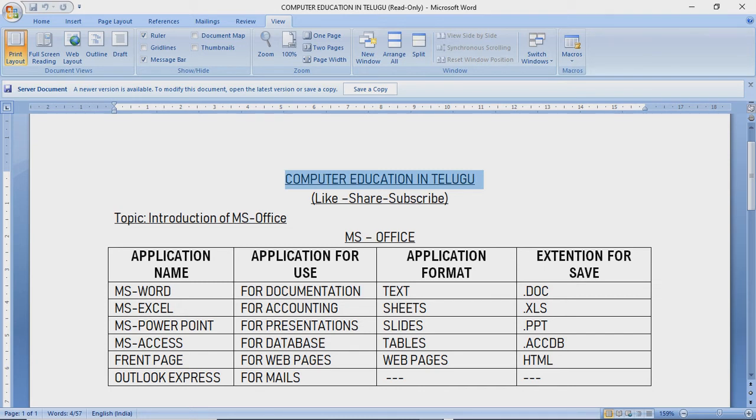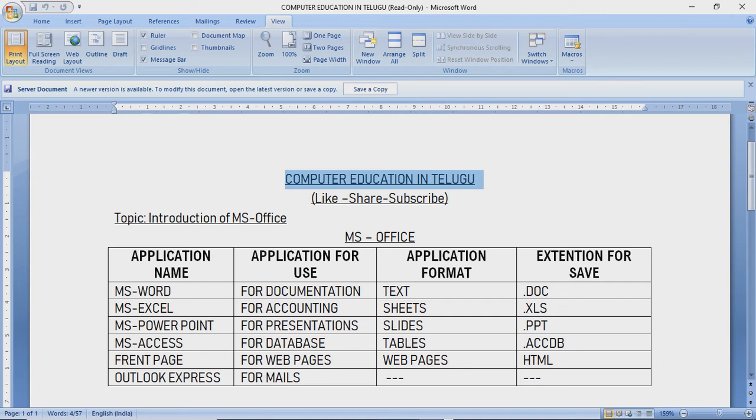That means Microsoft Word for documentation purposes, Microsoft Excel for accounting purposes, Microsoft PowerPoint for presentation purposes, Microsoft Access to store the data in database format, and Front Page is used to create web pages,